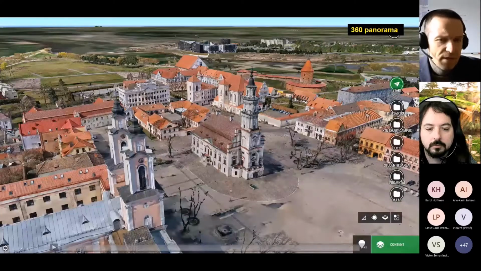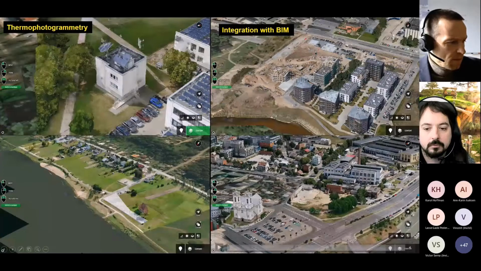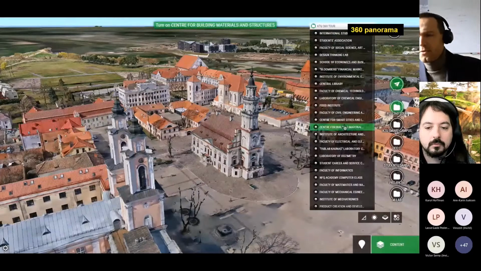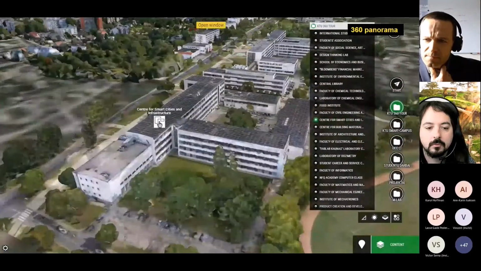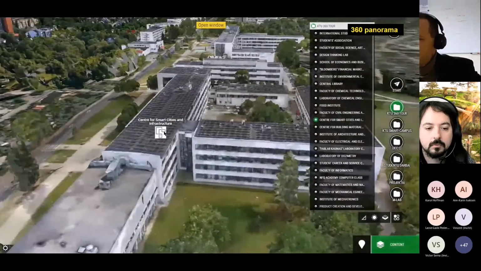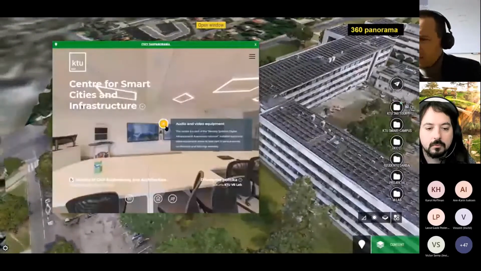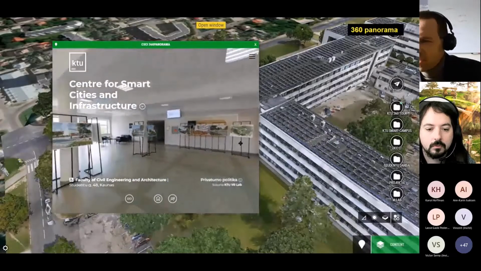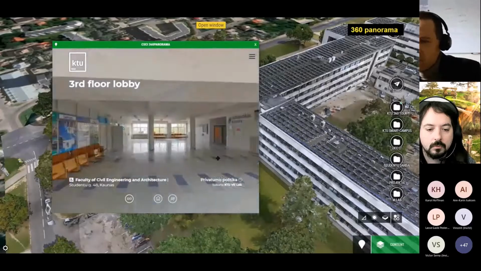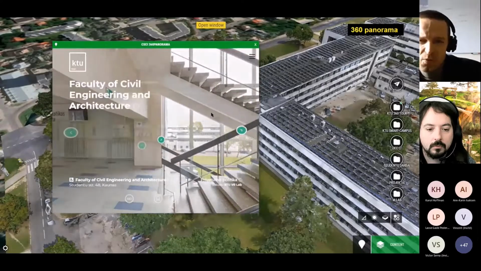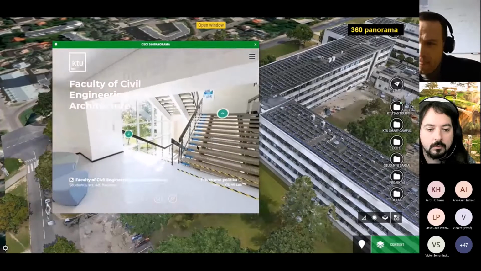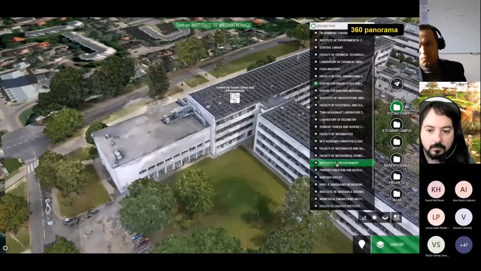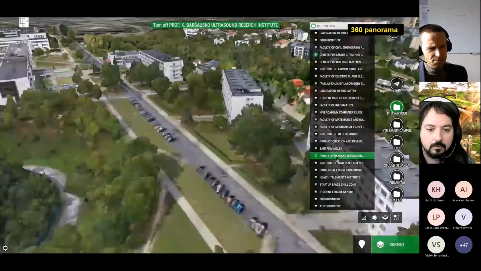Okay, next use case is related to the 360 panoramas embedding. We believe that this technology allows quite good visual representation that is quite useful in asset management or to seek construction progress or other use cases. In an urban context, it is a useful technology to provide information about building indoors, because if